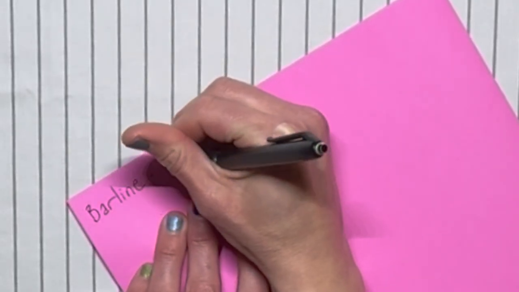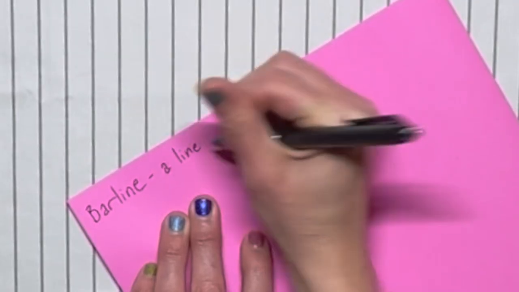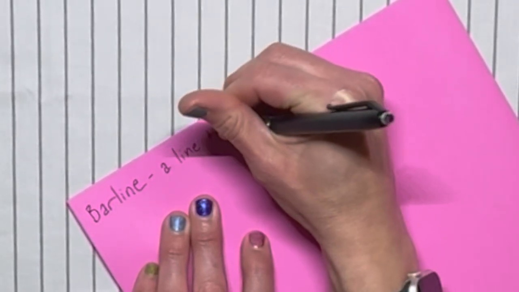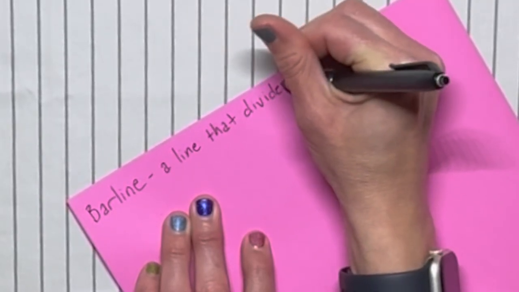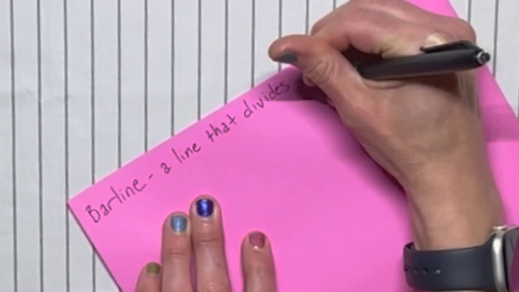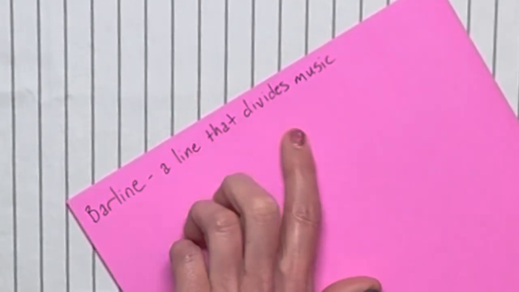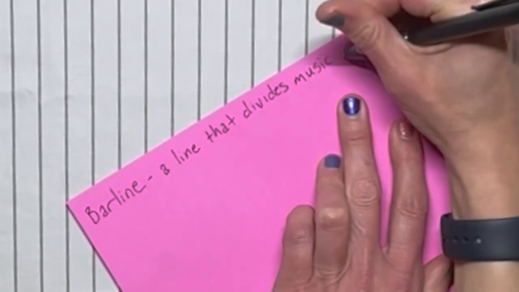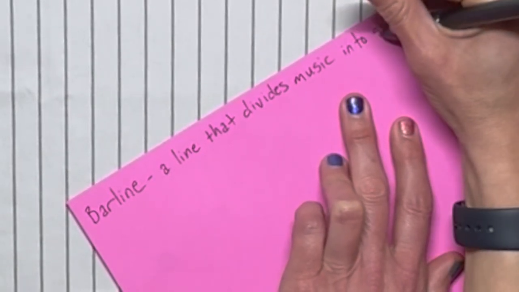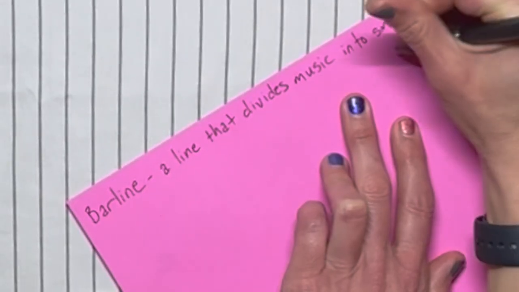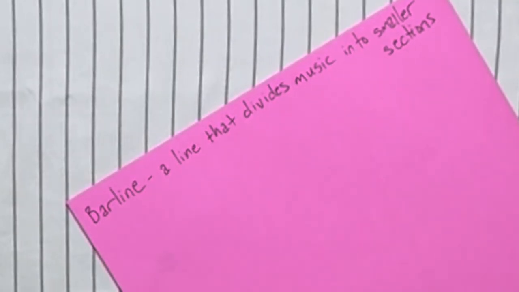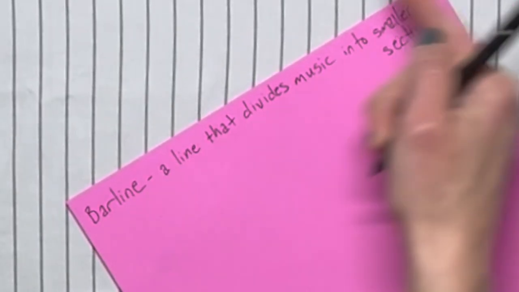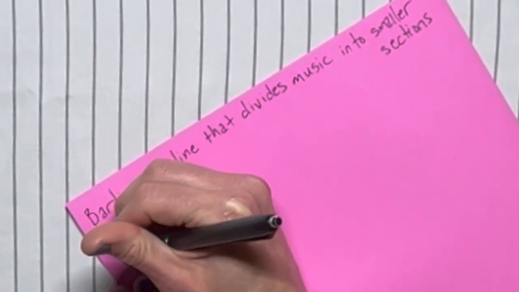A bar line is a line that divides music into smaller sections. And I'm just going to squeeze that word right here. Okay, so then the next term that goes along with that is measure,